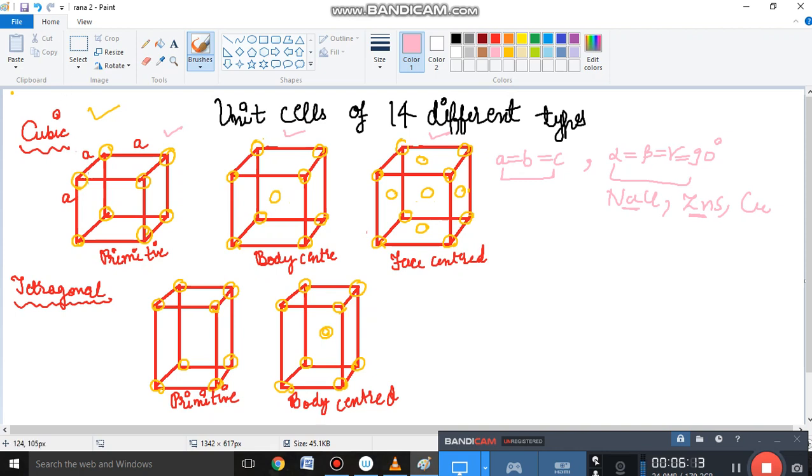And now moving on to our next crystal system, which is the tetragonal crystal system. It has two possible variations. Firstly, the primitive, and second is the body centered. Regarding its axial distances or edge lengths, A is equal to B is not equal to C, as